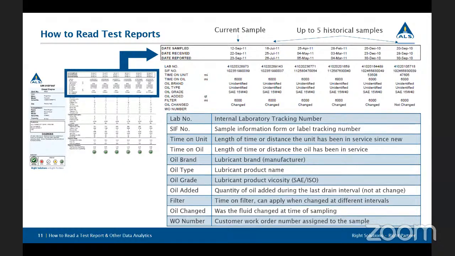But what the oil added is during that oil change interval, maybe it's 6,000 miles, how much oil was added during that. So if there's oil consumption, so maybe that engine consumes 1 quart of oil every 2,000 miles, somebody might write on here that they added 3 quarts. And that's important for us to know at the lab, because essentially what that is doing